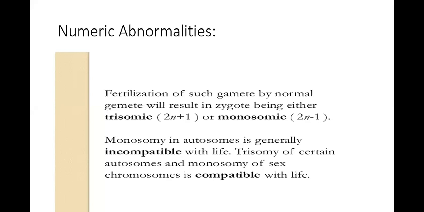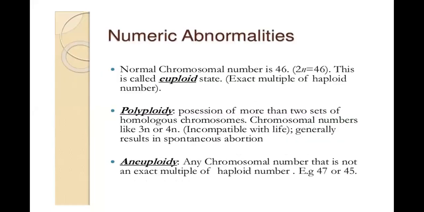So these fertilized eggs are going to get aborted. Trisomy of certain autosomes and monosomy of sex chromosome is compatible with life. Okay. So these are the numerical abnormalities. I've told you the normal is called euploid state, polyploidy is more number, aneuploidy is either one number less or